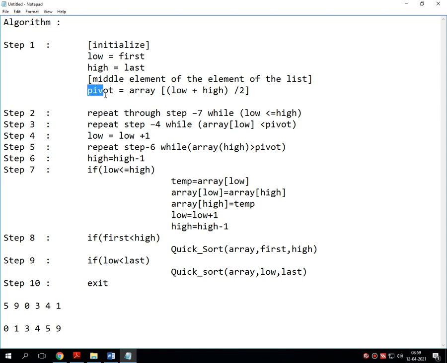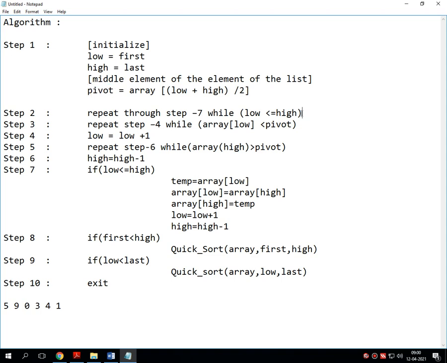Now it's time to find the middle value of the unsorted numbers. Just remove this sorted list. Right now we have the unsorted values and we have to find the pivot element. For that, one equation will work: pivot is equal to array[(low + high) / 2]. Whatever the value of low and whatever the value of high are added together and divided by 2, and the number you get is considered the pivot element, or you can say the central element.